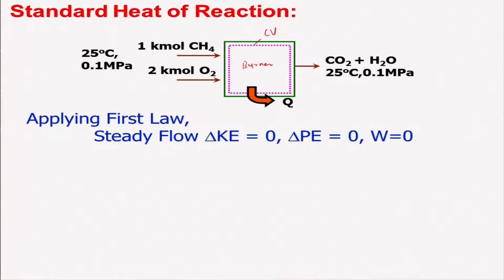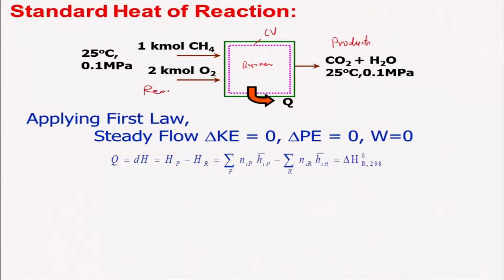If we do that, then what will the first law of thermodynamics be? It will be basically Q, that is the heat going out, equal to dH, which is nothing but H_P minus H_R. What is H_P? It is the enthalpy of the product. These are the products, and these are the reactants,